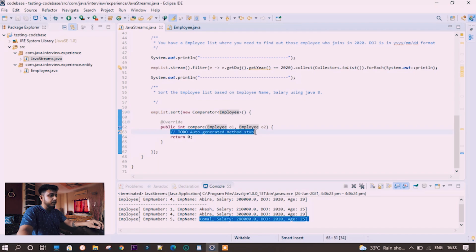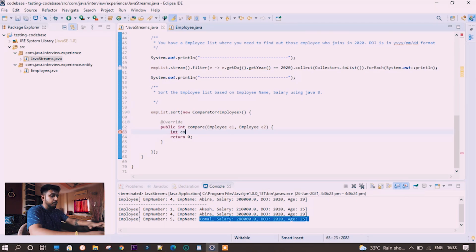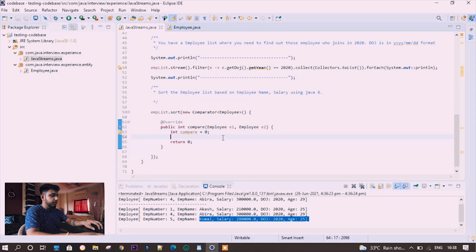Here let's remove this one, change this one to E1 and this one to E2. Now you need one int compare equal to 0. Now you need to check the employee based on employee name.